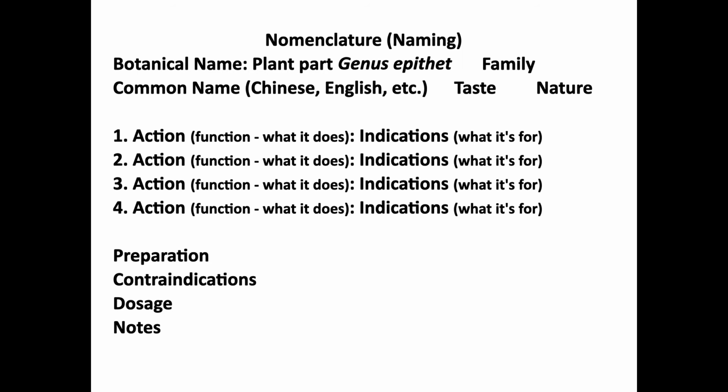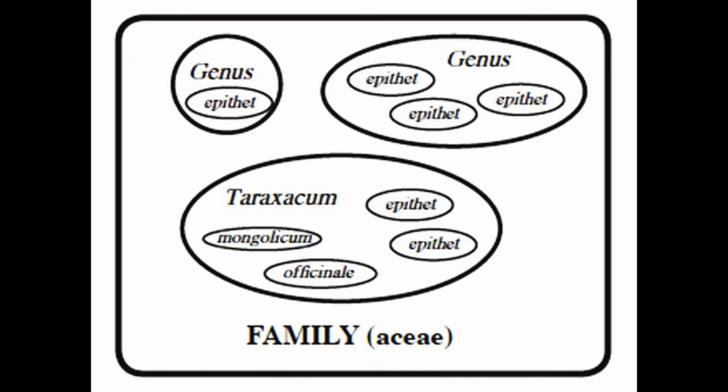This is the format that the plants will be given to you in. There will be the botanical name, which will include the plant part, and then the genus and the epithet. The genus and the epithet together constitute the species name of the plant. So the genus and the epithet are the species name. We're going to go over this more when we go over plant families, but this is the graphic that I